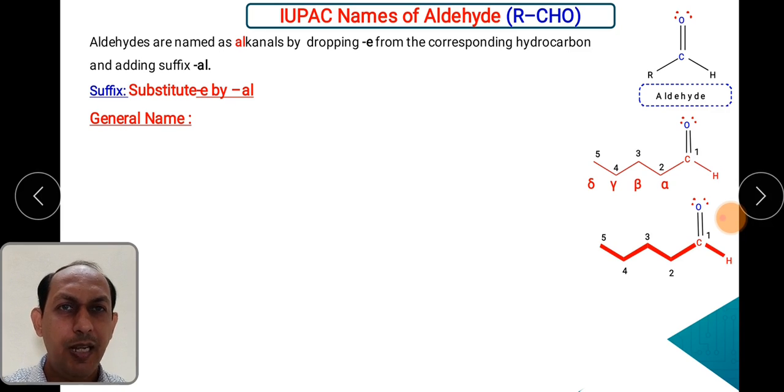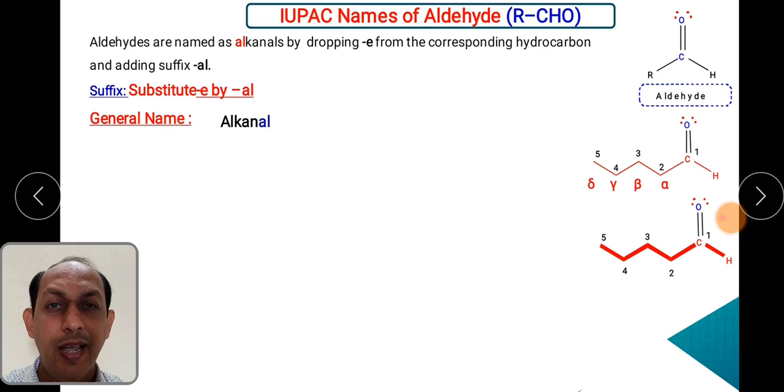अल्कोहल्स का जनरल नेम क्या आएगा? लास्ट लेटर जो है हमको E from alkane is replaced by the word Al. Al is the starting word of the aldehyde. Aldehyde. That's why Al is taken. So what is the general name? Alkanal. Okay. As we are moving forward and going through each and every organic compound, you have to remember the prefixes and suffixes. Okay, so have an idea. Aldehyde, alkanal.